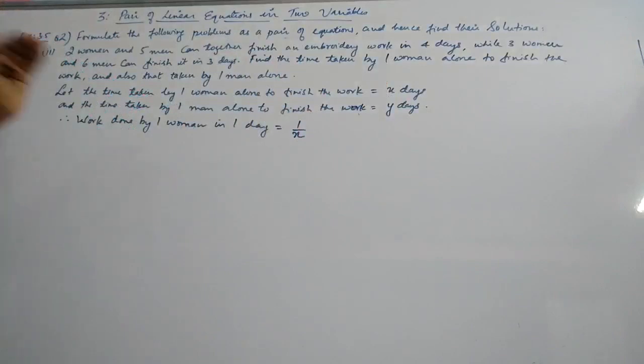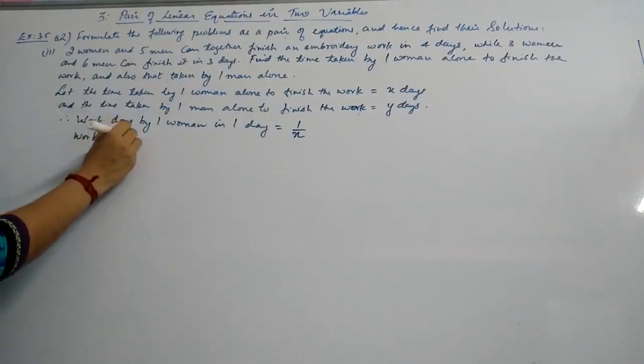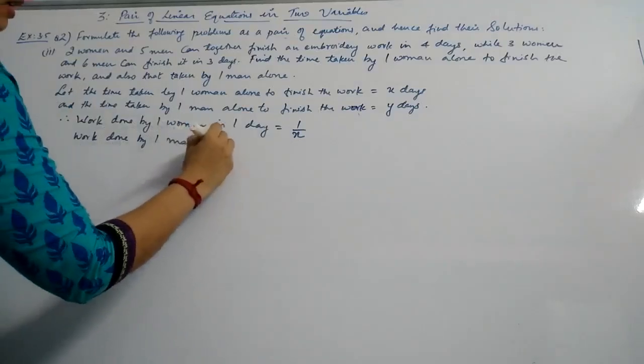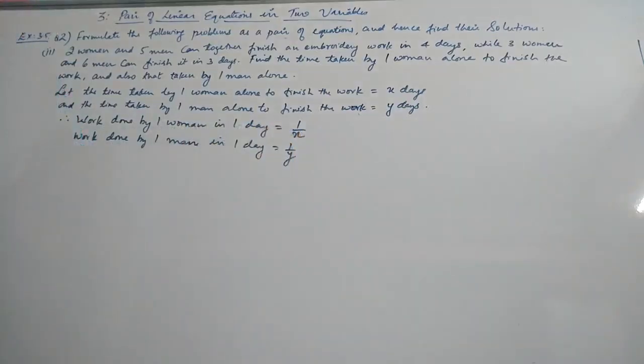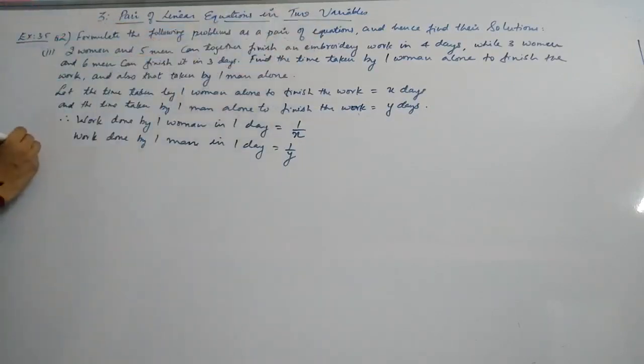You will get 1 by x of the total work, okay. And here you get work done by 1 man in 1 day will be 1 by y of the total work, okay. Now what we are doing is 1 day's work in total, we are making an equation together for the women and the men. 1 day's work, how much it will be. So for 1 day's work,